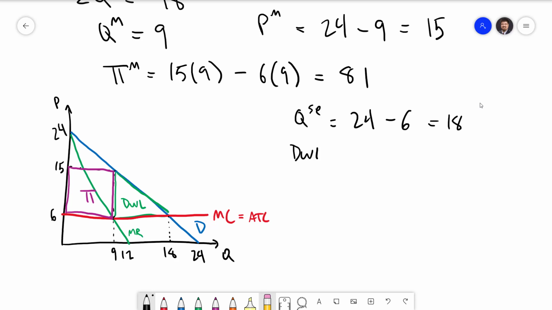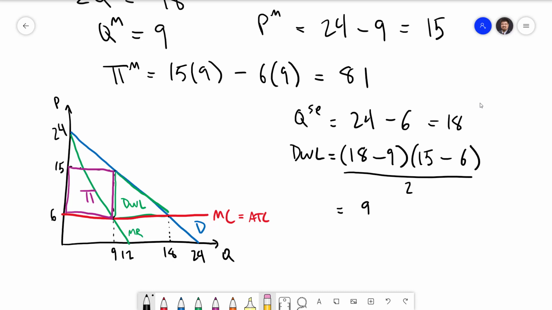That means our deadweight loss will have a base of 18 minus 9, so our socially efficient quantity minus monopoly quantity, and a height of 15, that's the price, minus 6, the marginal cost, divided by 2. We get 9 times 9 over 2, which is